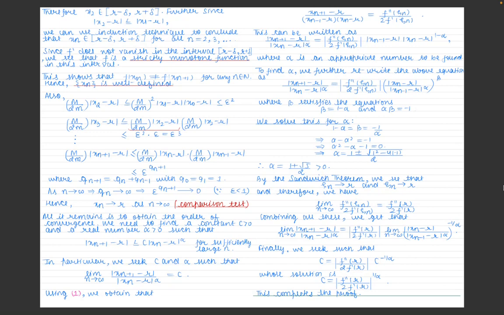So it is epsilon cube. And if you keep on doing this, you will get m by 2m, mod xn plus 1 minus r, is less than or equal to,